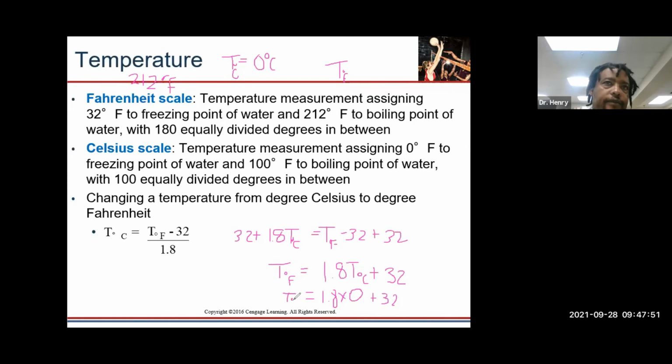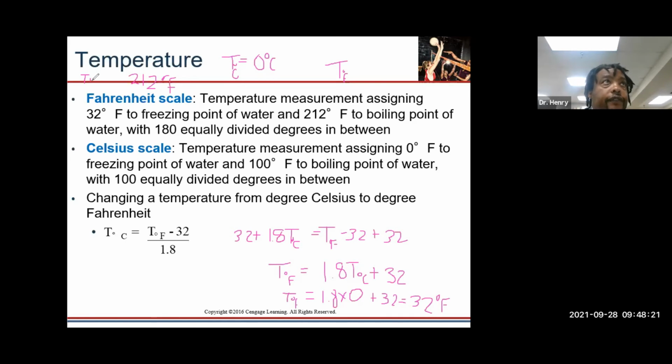We get our TF, temperature in Fahrenheit, is going to be 32 degrees. So 0 degrees Celsius is the temperature that water freezes. So we know that if we have 32 degrees Fahrenheit, water is going to freeze. Okay, so let's see. The next one I said use